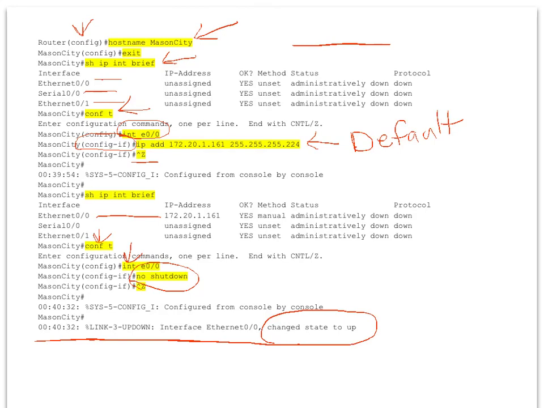Then I can copy my configuration. I can copy my configuration to NVRAM by doing a copy running config to the startup config. And I'll show you some examples of that in a little bit. But that gets copied to the NVRAM. So the startup config is in the NVRAM. Alright, so now